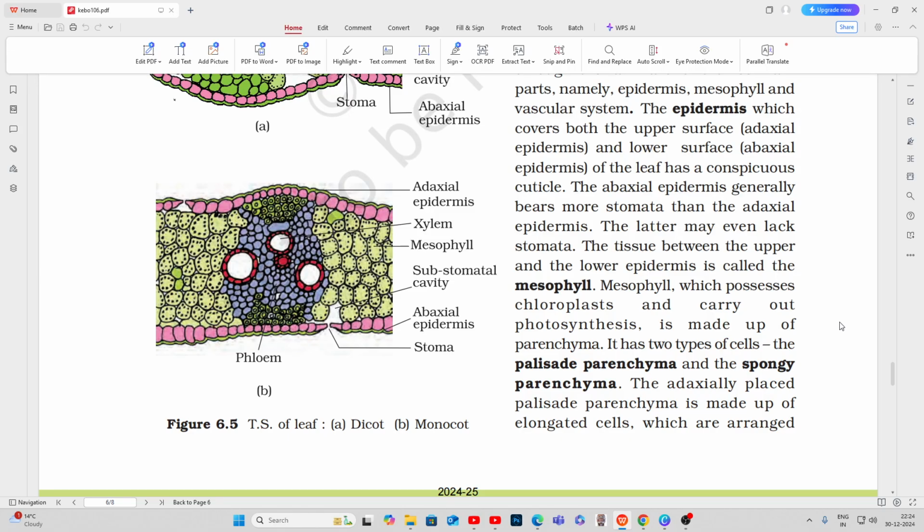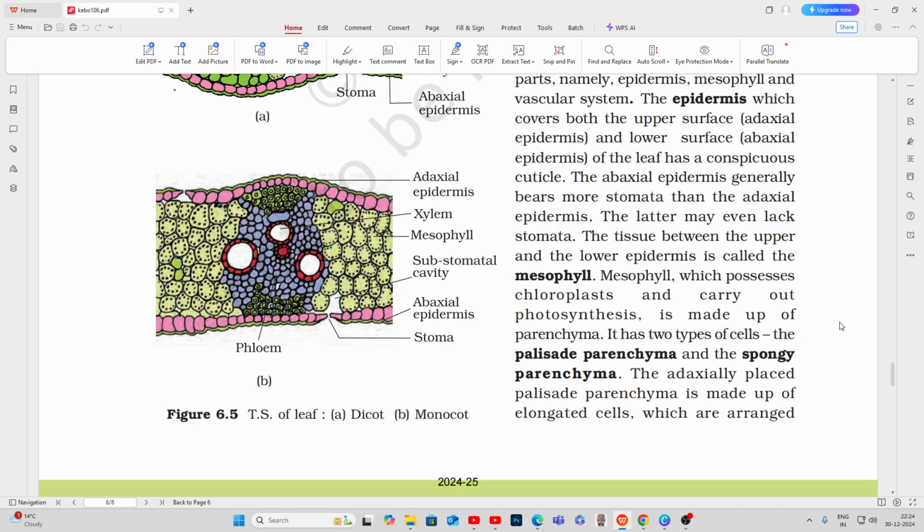The tissue between the upper and the lower epidermis is called the mesophyll. Mesophyll, which possesses chloroplasts and carries out photosynthesis, is made up of parenchyma. It has 2 types of cells, the palisade parenchyma and the spongy parenchyma. The adaxially placed palisade parenchyma is made up of elongated cells, which are arranged